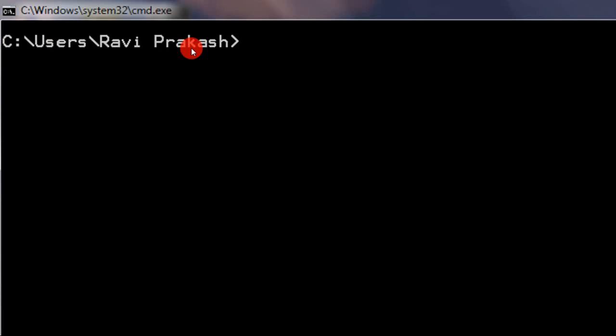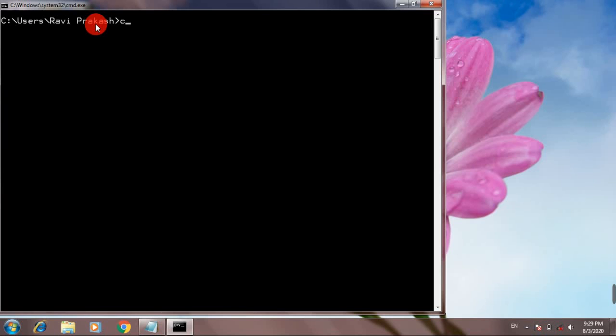If you want to visit some other folder, then you have to use another command. The command here is cd, means change directory. Directory means folder here. Cd and the name of the folder. For example, I am going to visit the desktop folder. So cd desktop and press enter. Now you can see,